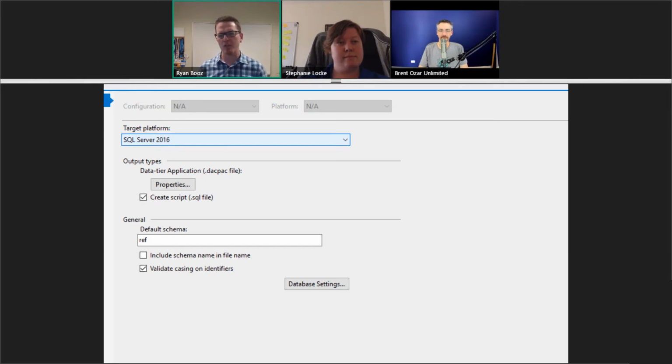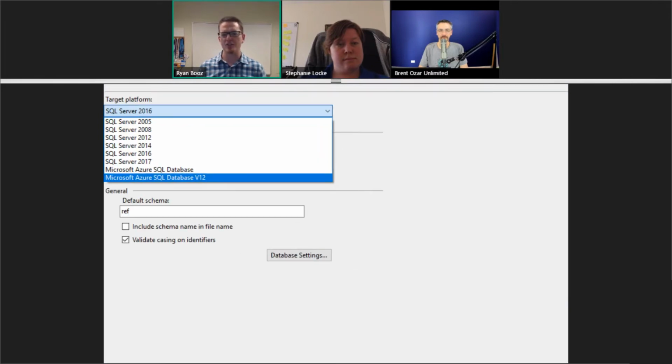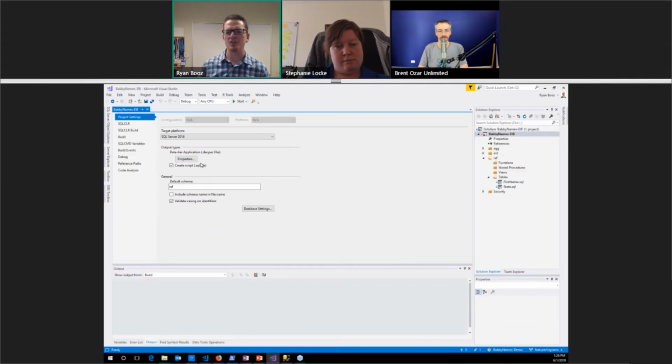The other thing that's important in here, and I'll say this because it has actually caught me as we've been playing with Azure a little bit: if you are actually intending this to go to Azure, you really need to select Azure Database as the platform. When you try and deploy another version to an Azure database without some manipulation, you'll get an error. It says you're trying to deploy a database that's not intended for Azure. Even though Azure is bleeding edge, the SQL database side of it has some limitations that don't exist elsewhere. So, something to know.